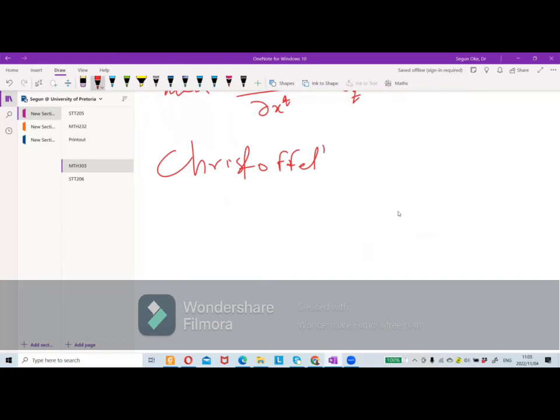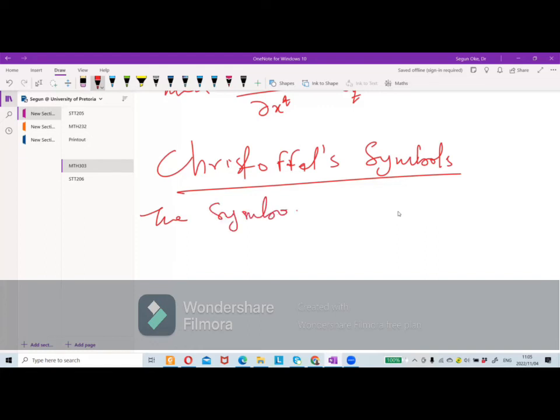The Christoffel law is the same thing, or it's a Christoffel symbol. Let me put it as a symbol. So the symbols are